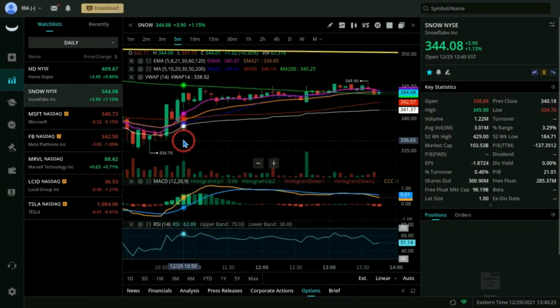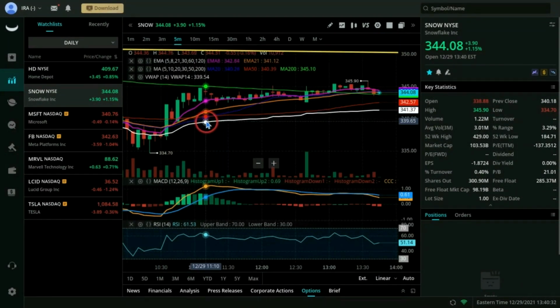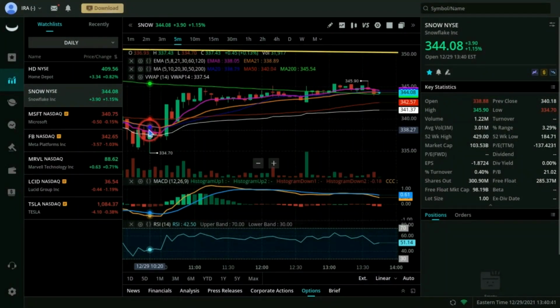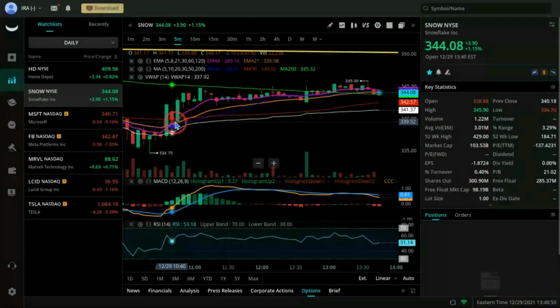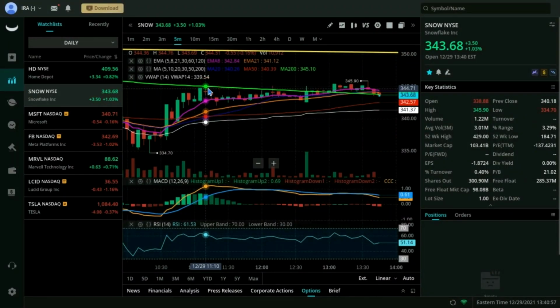And you can also look for entries with the AEMA 21 EMA cross. When the AEMA crosses above the 21 EMA, that could be a good indicator for an entry. As you see right here, the AEMA is below the 21 EMA, and as it crosses above, the price action starts to go up. So you could have ridden the stock from around 340 all the way up to 344, 345,